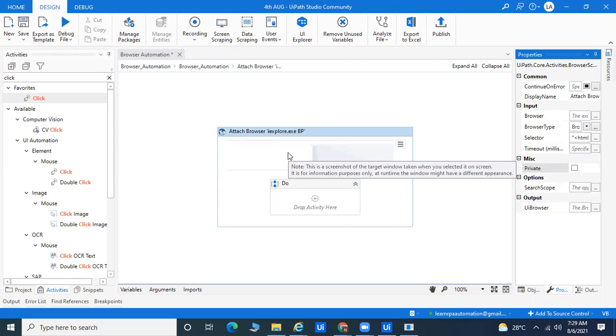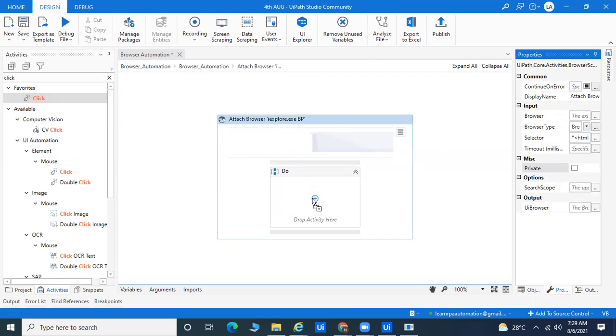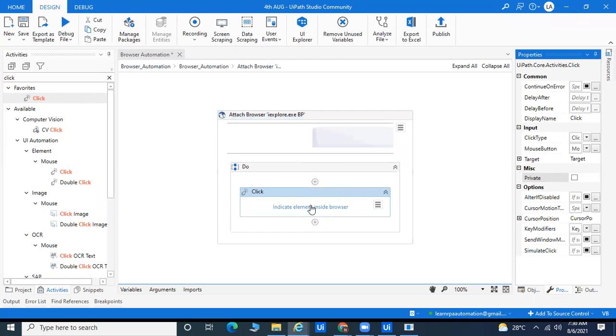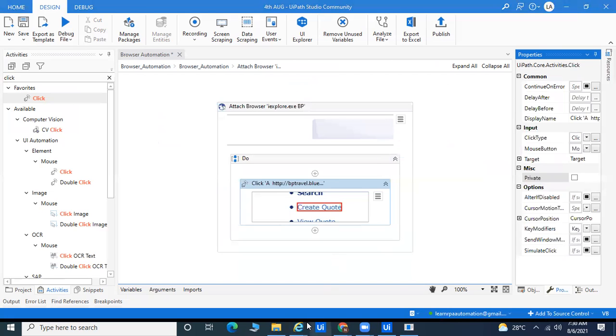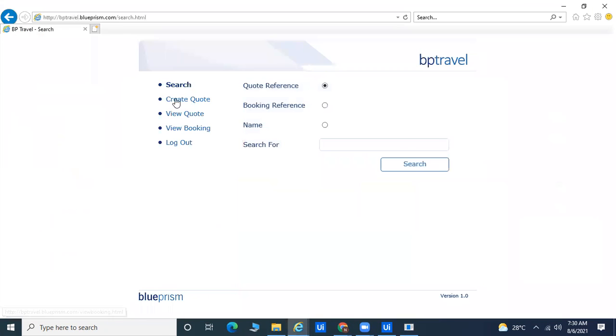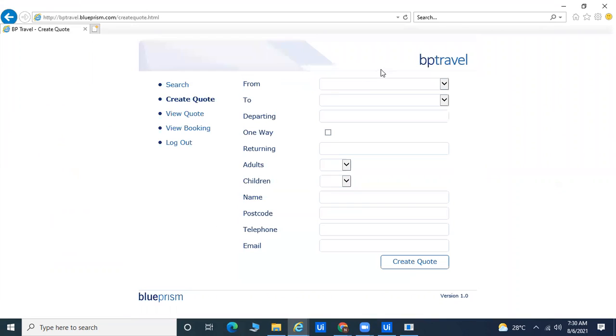Right now you can see here, this is the attach browser, and here I'm going to automate this application. This is a web-based application, and here I want to click on create code. Simply drag and drop this part, and we'll click on create code. Whenever you click on create code, automatically you'll get the form.